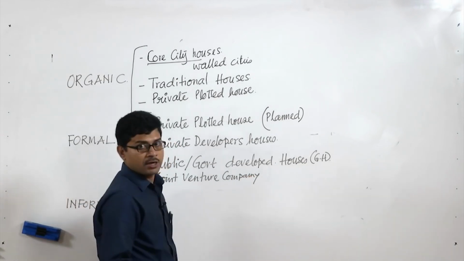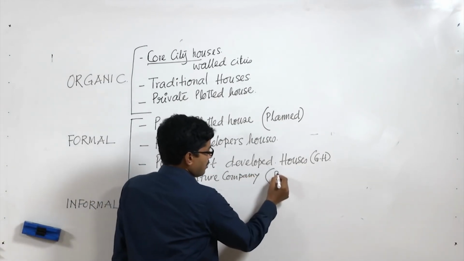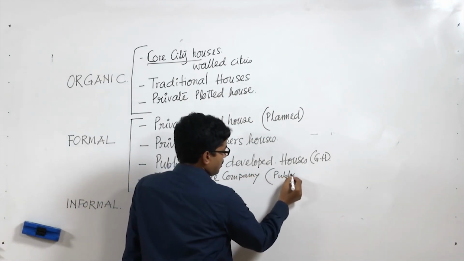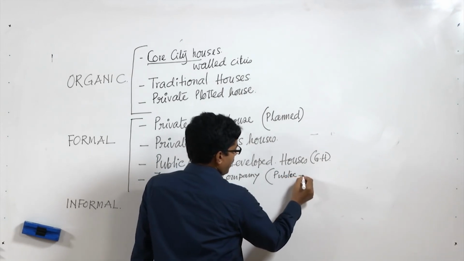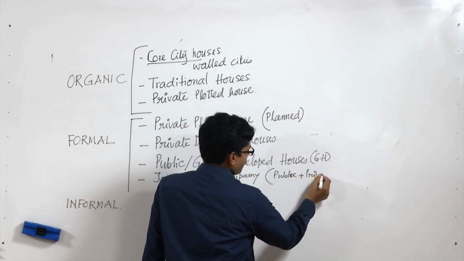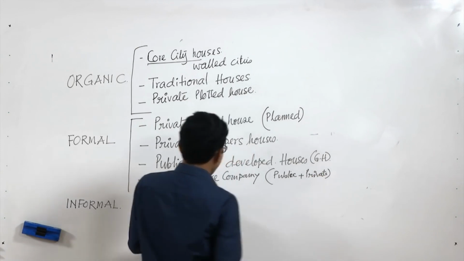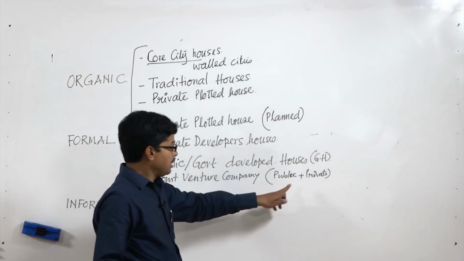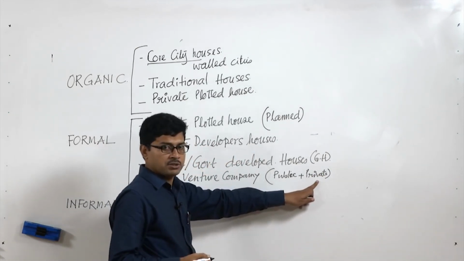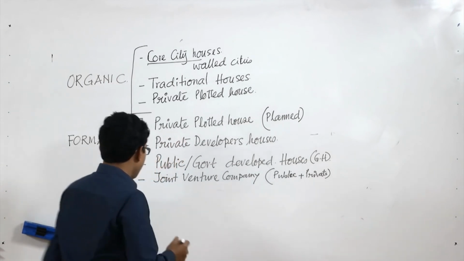Joint venture companies are basically public and private. So here the land is given by the public and the building and infrastructure is developed by the private developer. And also we have